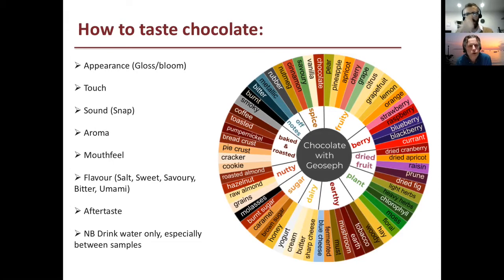So for me, that's a very well-balanced chocolate. There is some bitterness, not too much. There's some acidity, not too much. Quite a rich taste, quite approachable. And it leaves a nice clean aftertaste in the mouth. So I think if someone was interested in dark chocolate and didn't know where to start, I might point them in that direction, because I think that as a 70% chocolate, that's a really good all-round dark chocolate.